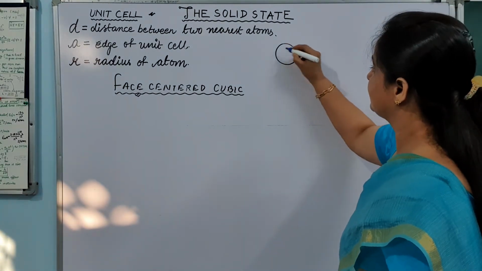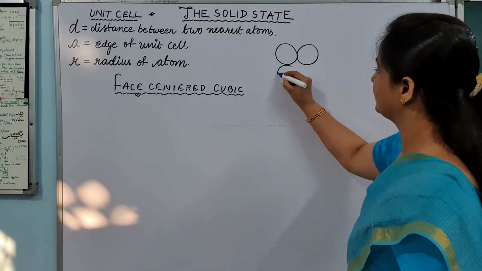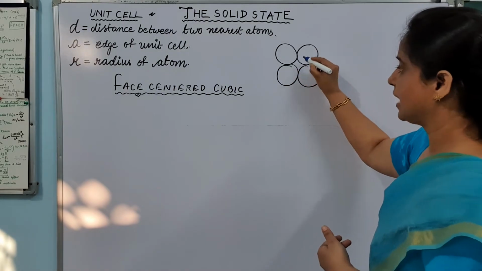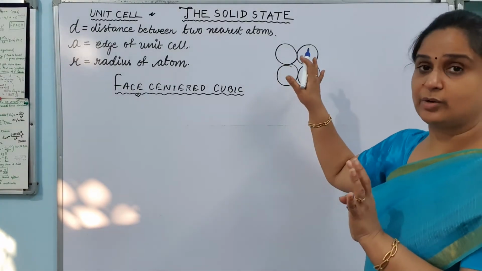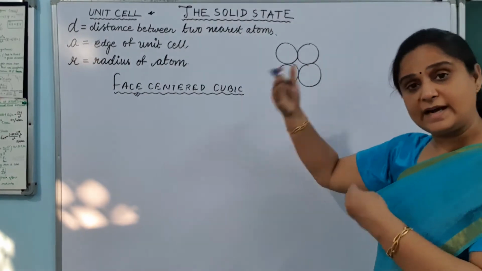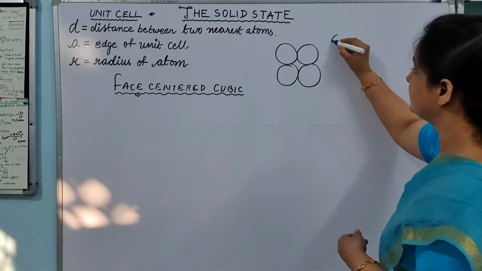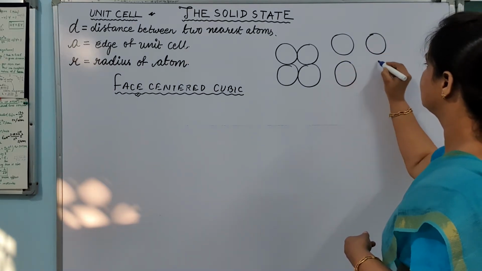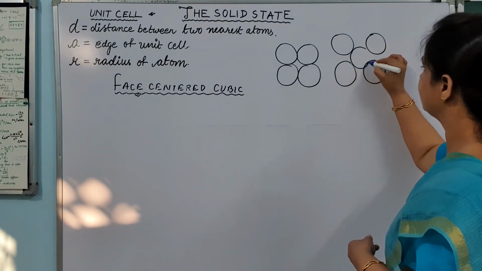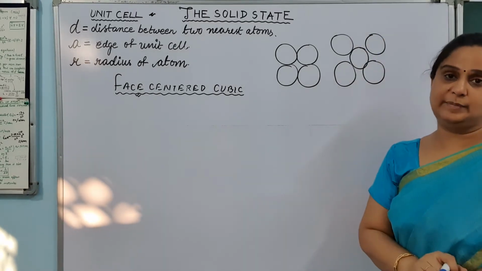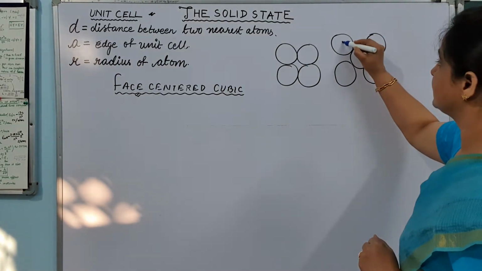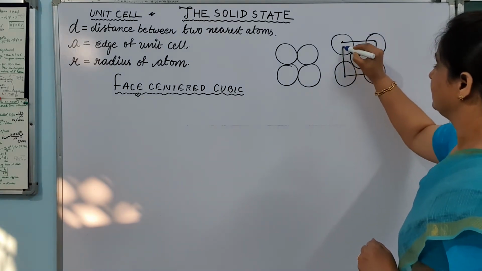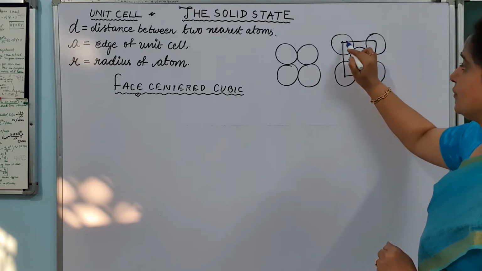These atoms in the simple cubic were very close to each other because there was nothing to add on here. There was nothing on the faces, but now just because we want to add some extra ball to it, what will they do? These balls will go far from each other so that they can occupy one ball in between. So now you can understand one thing clearly. Look at this. Now this becomes the edge of the cell.